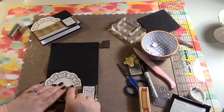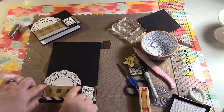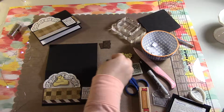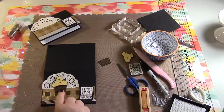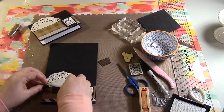I think I have some thin washi. I think I'm gonna use that just to hide the seam. Although, here, let me see. Stick that on. Maybe the cupcake will do it enough. Oh, look at that. Okay. Yeah, I think it'll be okay. Alright, so